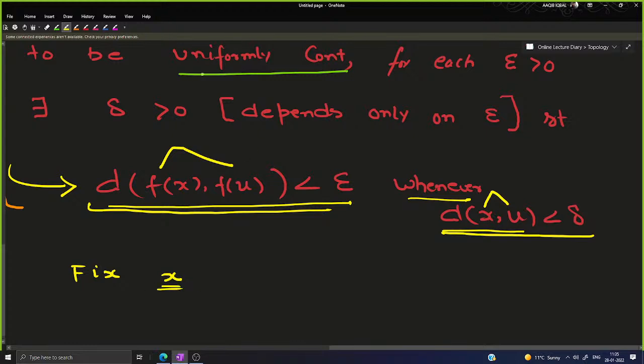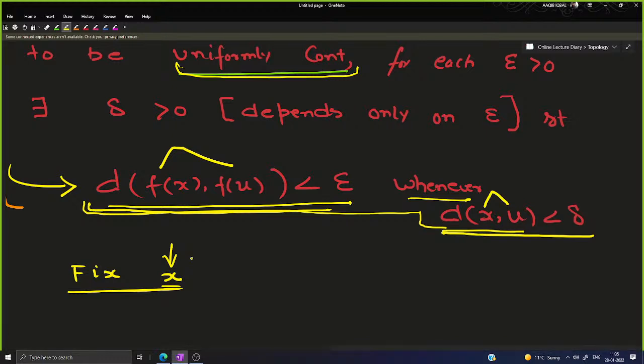Now if the function is uniformly continuous, तो फिर ये वाली चीज fulfill होती होगी, even in this scenario when x is fixed. But in this scenario, it means that the function is then continuous at this x. Now this x can be any point in the space because x is also arbitrary. So मैं इस x को essentially किसी भी point पर fix कर सकता हूँ. So that means the function is continuous at every point in your space. Okay, so every uniformly continuous function is continuous also, but the converse is not true.